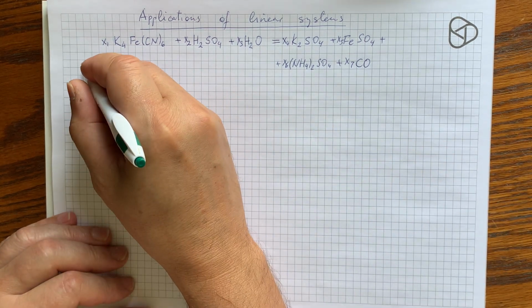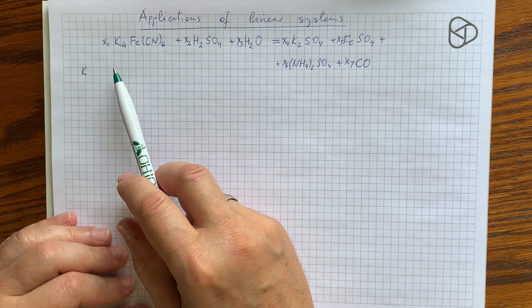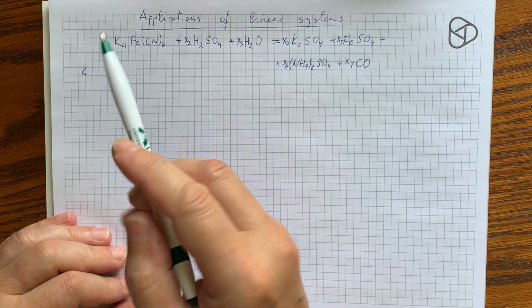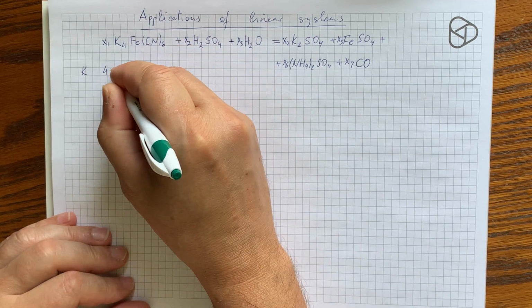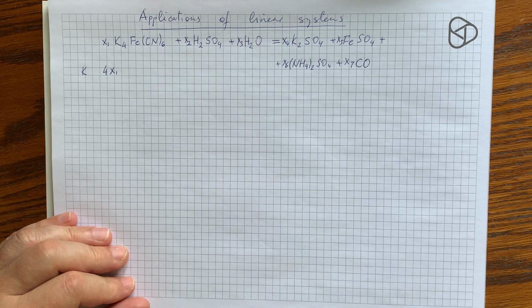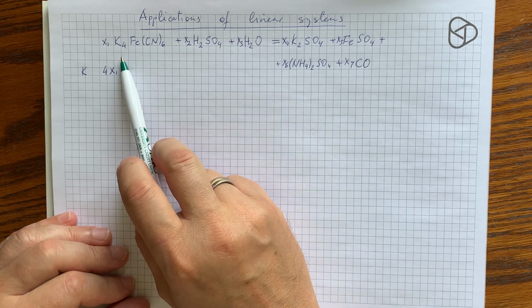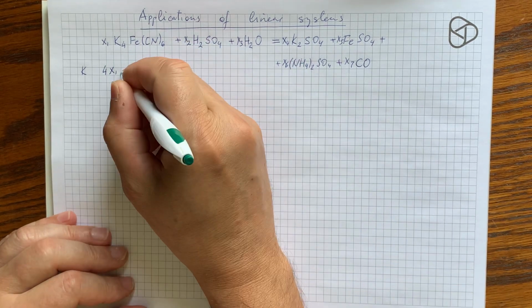So let's start looking at elements in order of their appearance and then the corresponding equations. So potassium is in here, and it's 4 atoms in each compound. If we have X1 number of those molecules, we'll have that many potassium atoms on one side. On the other side, we have